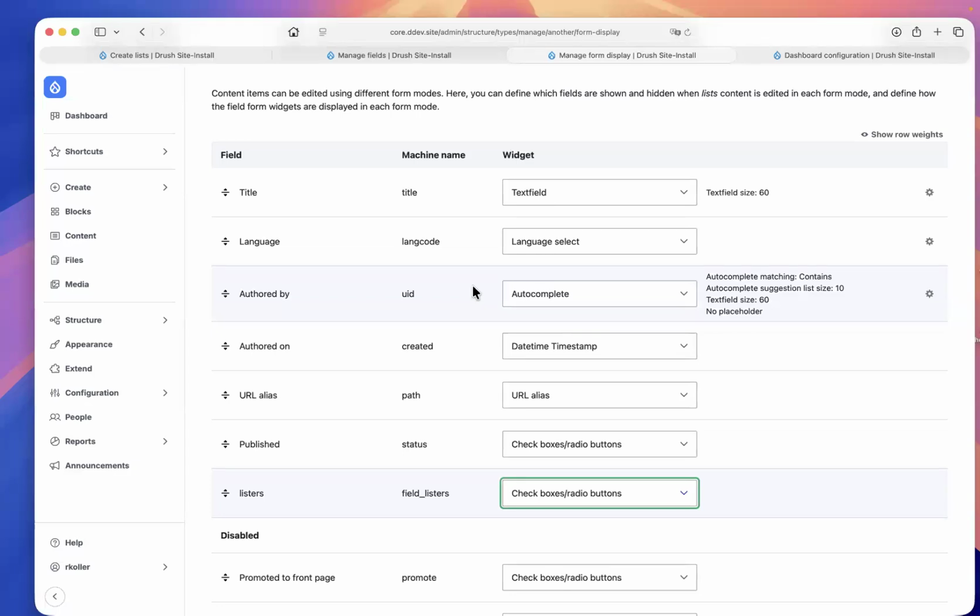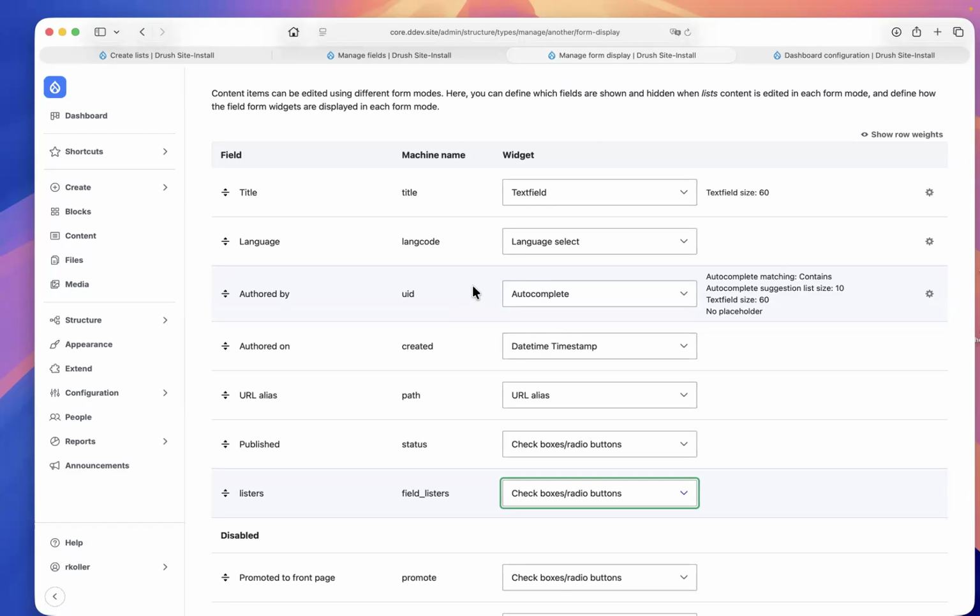Define how the field form widgets are displayed in each form mode. So this is actually false information because checkboxes or radio buttons can't be defined here. So it would be natural to at least add the information after that last sentence